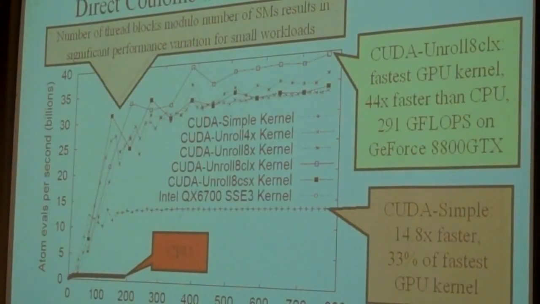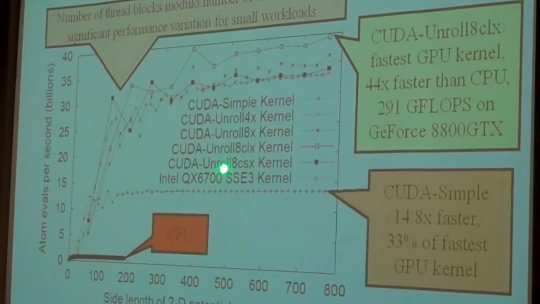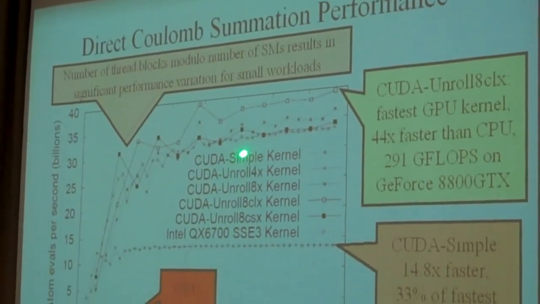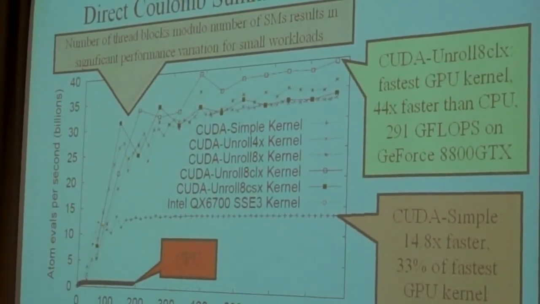That shows up here. If I compare several of these different CUDA kernels with different degrees of unrolling, so either unrolling by 4 elements or 8